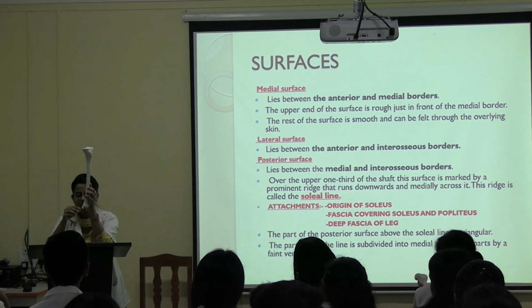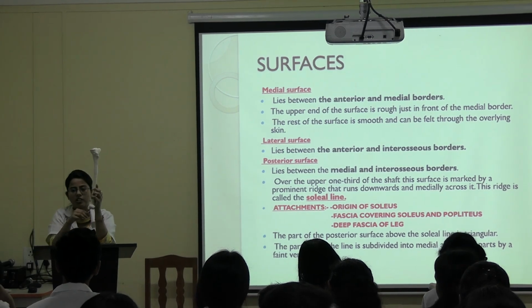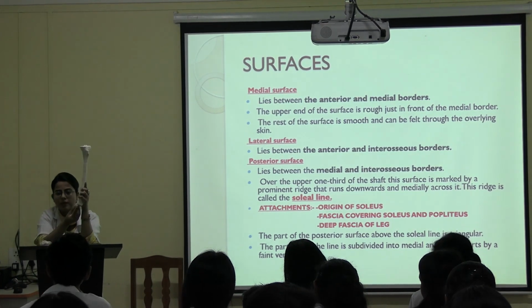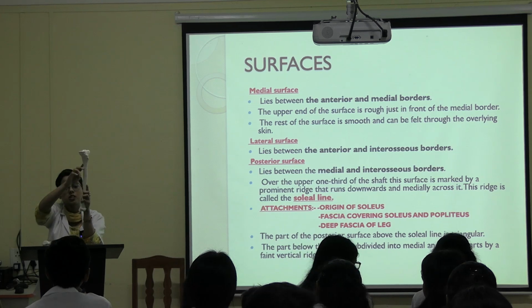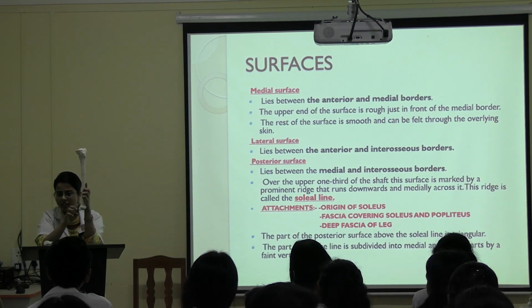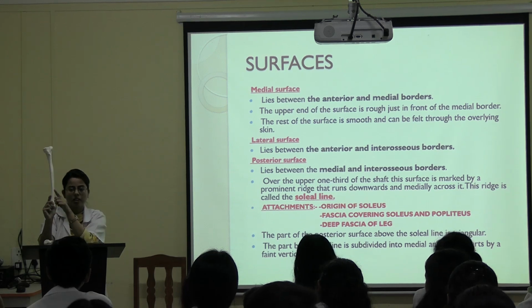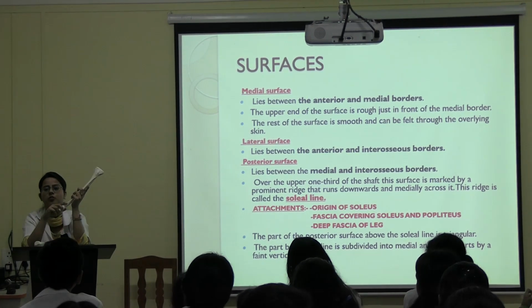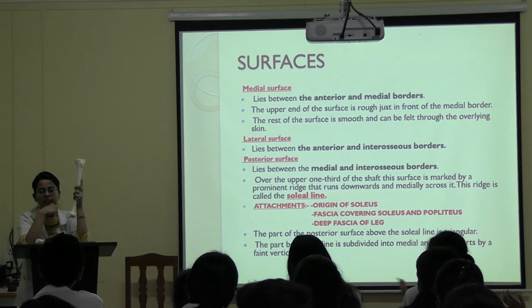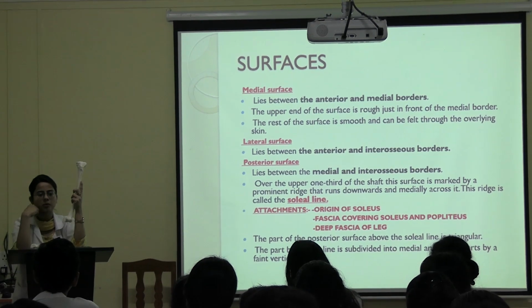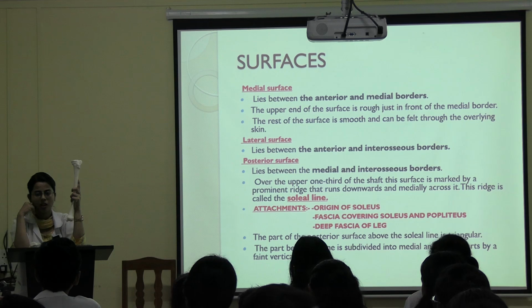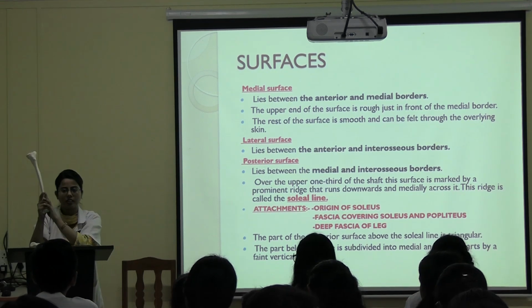And while I was saying the side determination, I told that the medial malleolus will be present medially. So what is this border? Medial border. And what is this border? Lateral or interosseous border. Why is it known as interosseous? It will articulate with which bone? With the interosseous membrane? Fibula. It is the medial bone of the leg.